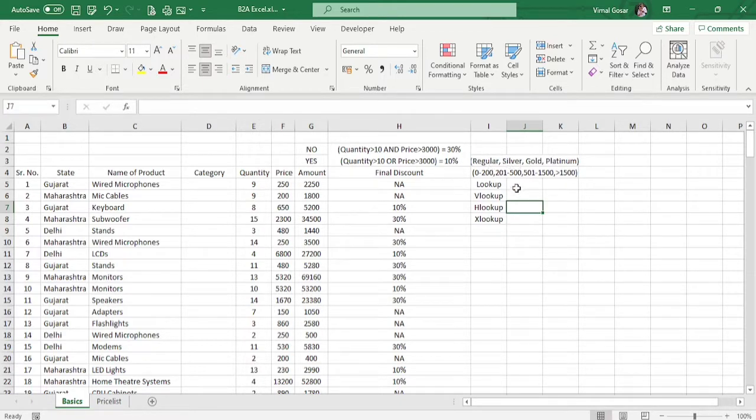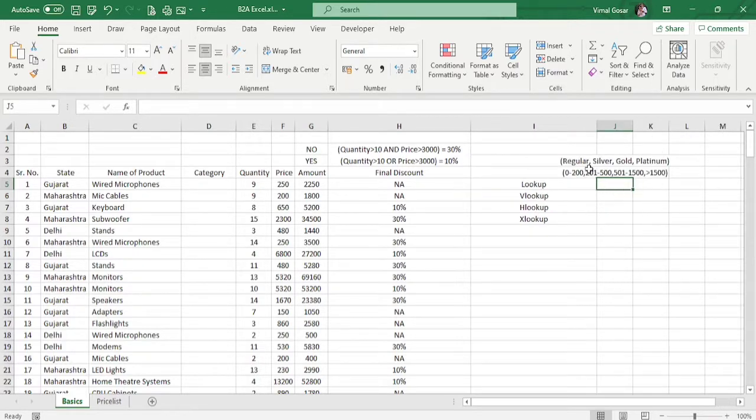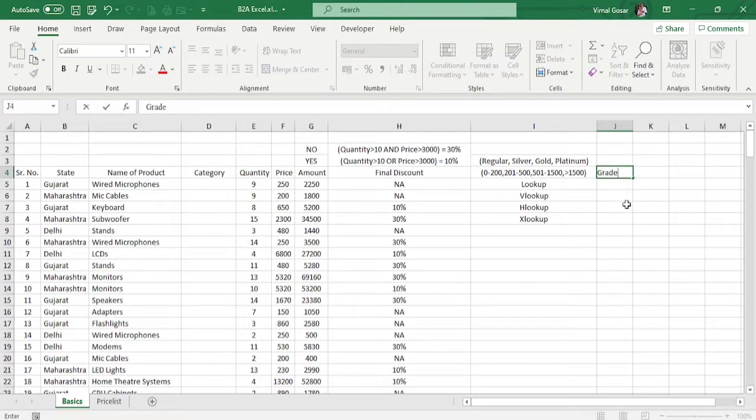Now if I want to use a LOOKUP function for these, I'll have to mention a category based on the price. I will try to find out what answers I get from the LOOKUP function. So let us make a new column for that. I'll use another column over here, extend this, and try to get a value based on the grade. Let me call this column grade, which tells the type of the product.